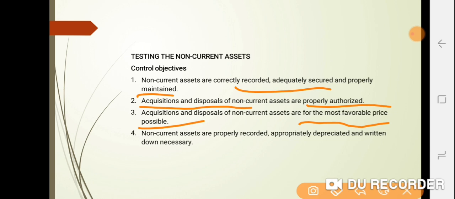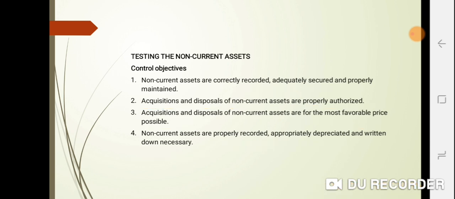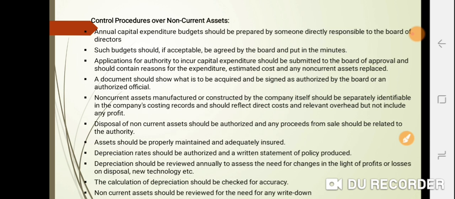The non-current assets are properly recorded, appropriately depreciated and written down where necessary. These are all the control objectives with respect to non-current assets. Then we have the control procedures for this. Okay, the first one is that the annual capital expenditure budget should be prepared by someone directly responsible to the board